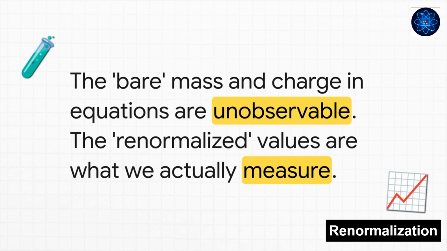So here's the absolute core idea, right? The mass and charge that are just written down in the original equations, those are the bare values. And they basically said, you know what? We can't actually measure those. They're just theoretical placeholders. The only thing that actually matters is the renormalized value. That's the mass and charge we measure in a lab, which, by the way, already includes all those messy self-interaction effects. So by cleverly subtracting one infinity from another, they were left with these perfectly finite answers. And the crazy part? They matched experiments with just jaw-dropping accuracy.